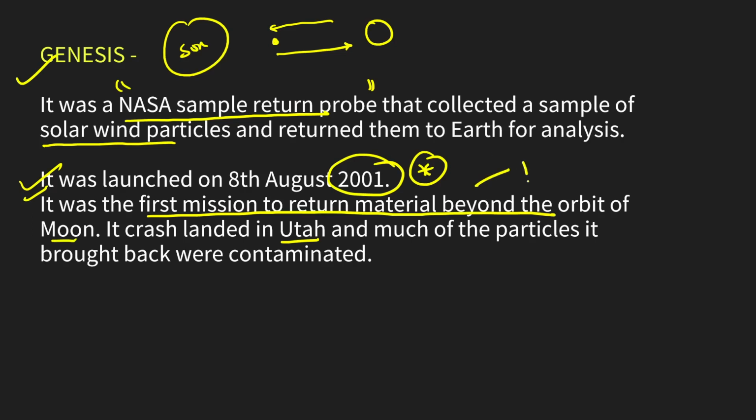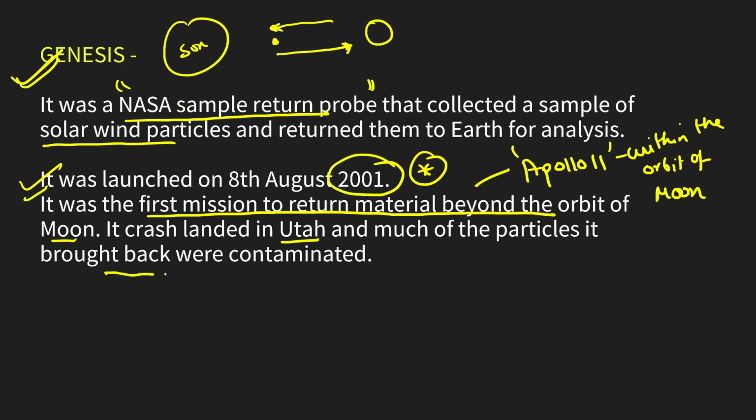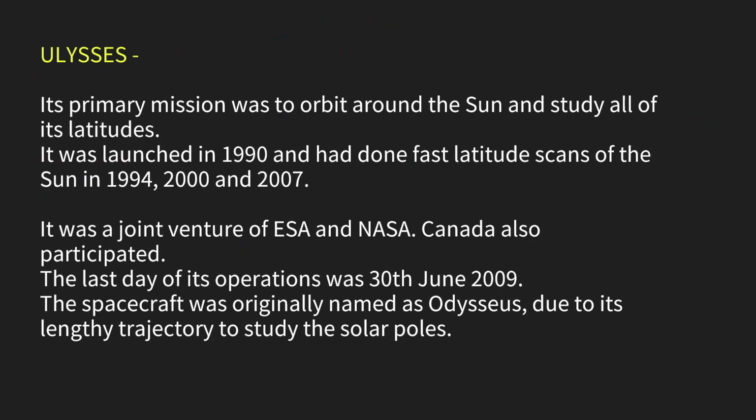So within the orbit of the moon was Apollo 11, right? Within the orbit of the moon was Apollo 11. आप ऐसा समझ सकते हैं इसको सिंपली कि मून के बाहर पहली बार कोई भी चीज़ पार्टिकल अगर हम कलेक्ट करके लेके आए तो वो जेनेसिस ने हमारी मदद करी थी और मून से अपोलो 11 ने, राइट। और काफ़ी सारे पार्टिकल्स जो ये लेके कलेक्ट करके आया था वो कंटामिनेटेड, बट सम ऑफ देम स्टिल वर एबल टू सर्वाइव एंड साइंटिस्ट आर स्टडीइंग दैट, राइट।